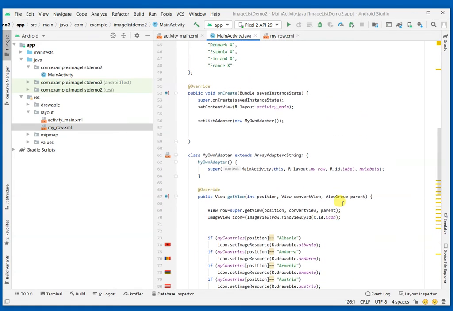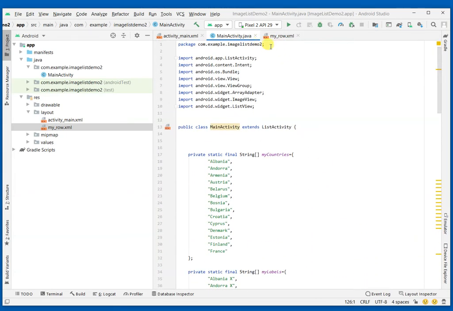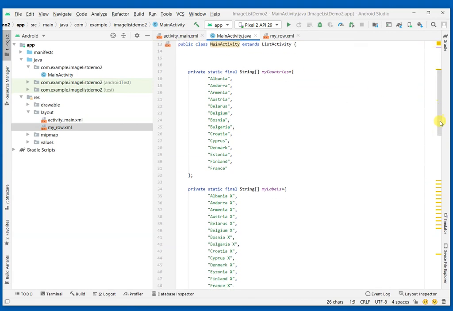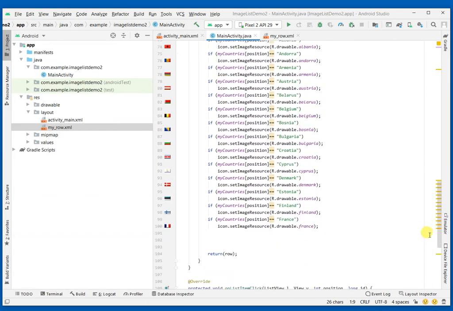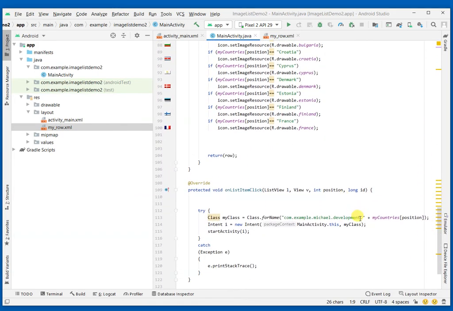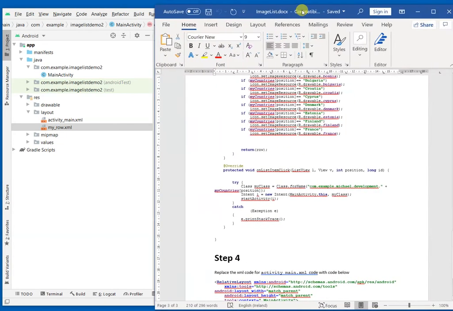Then, the one thing you should change is your package name. Just like you did in the basic list. And that changes down here. Be careful of the dot. You can look at the code yourselves later and figure out what's going on. Okay. Then finally,